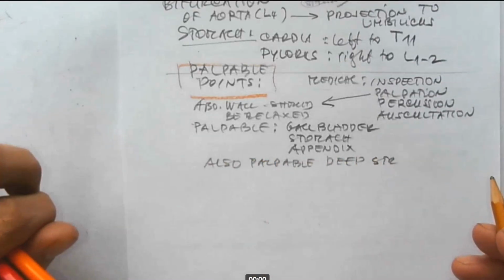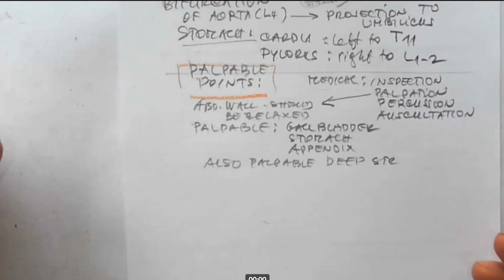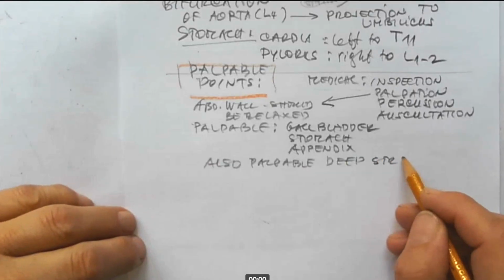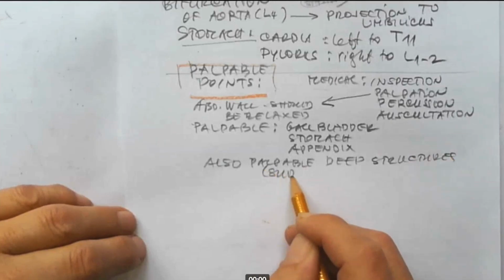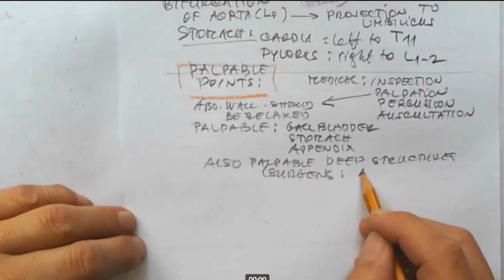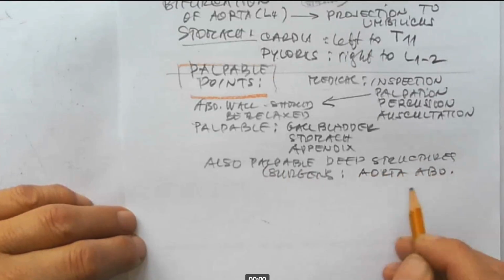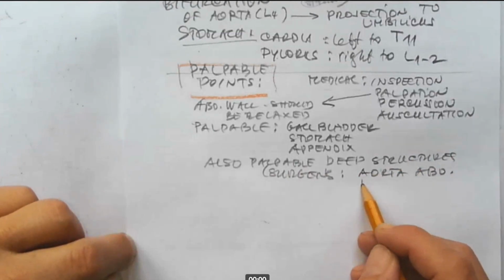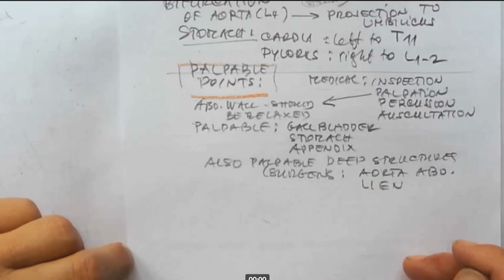The thinner wall of the abdomen with less fat is better for any examination. What can surgeons palpate? In fact, also the abdominal aorta. They can also palpate the Lien, the spleen, especially in the case of an enlarged